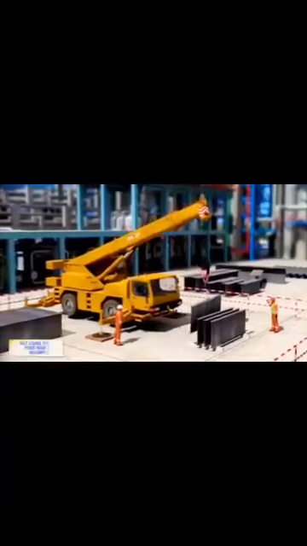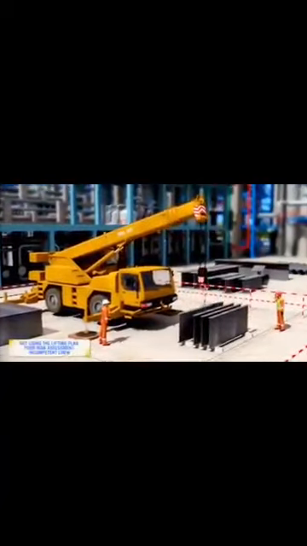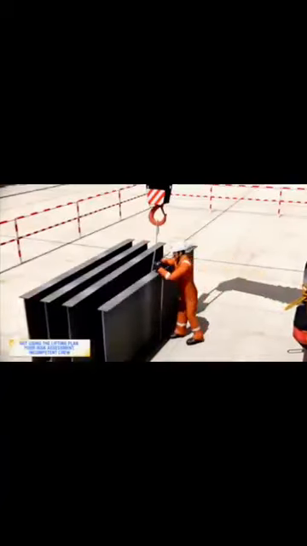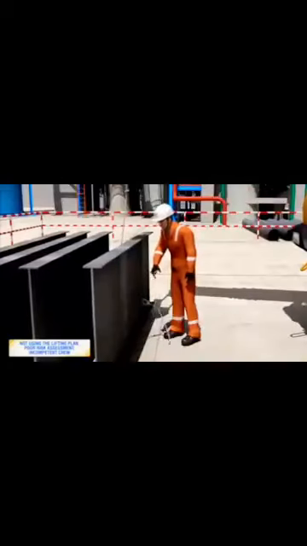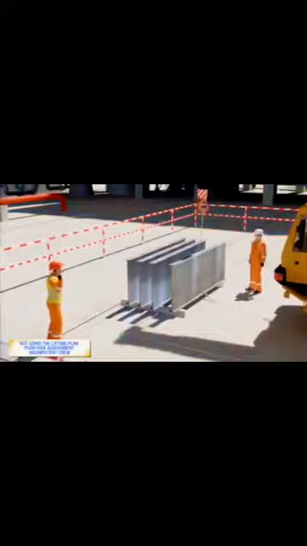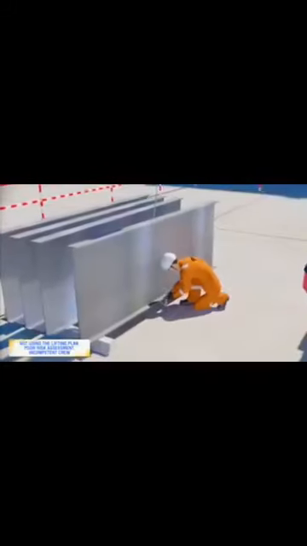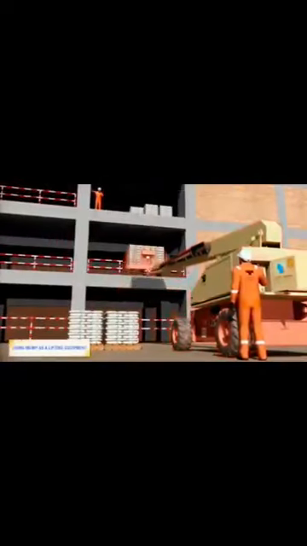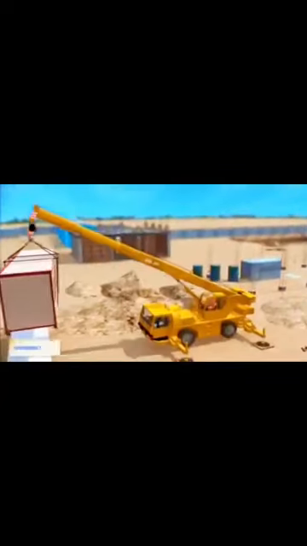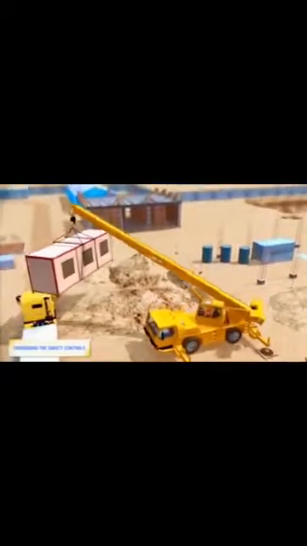Violation of the set procedures, such as not using the lifting plan, poor risk assessment, incompetent crew, using MEWP as a lifting equipment, overriding the safety controls on the lifting equipment,